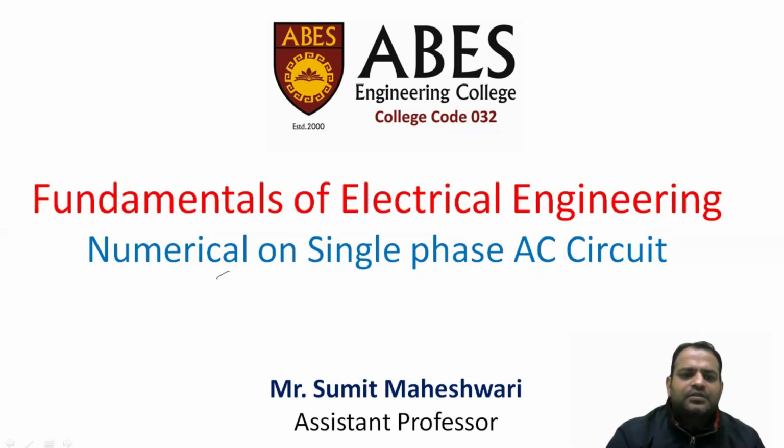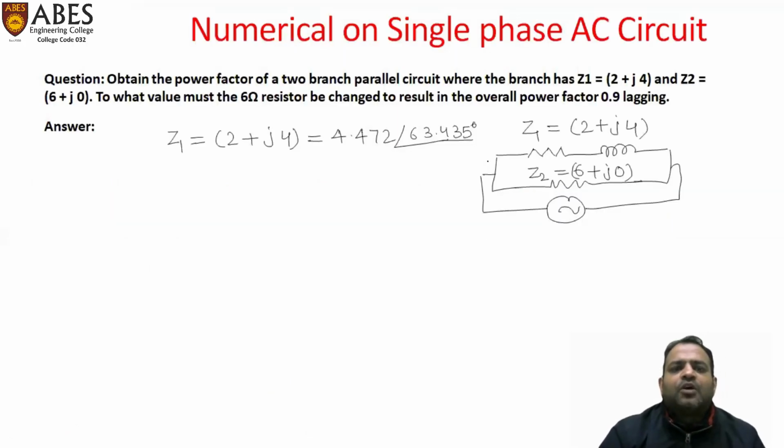So we are solving two numericals today. One is here. Obtain the power factor of a two branch parallel circuit where the branch has Z1 2 plus j4 ohm and Z2 6 plus j0 ohm. So what value must be added to the 6 ohm resistance to change it such that the power factor of this circuit is 0.9 lagging. So before changing our power factor, first of all, we will find out the power factor